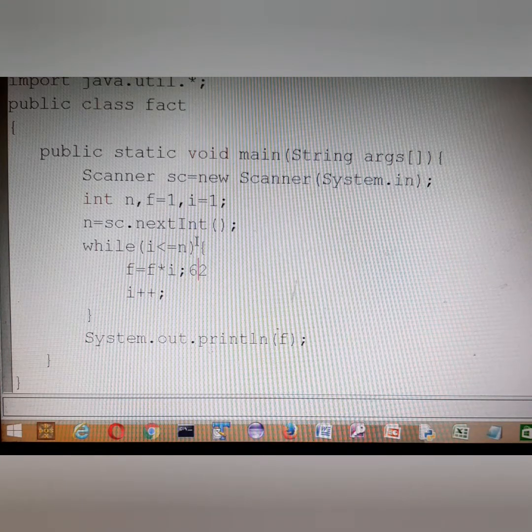Then i plus plus becomes 4, 4 less than or equal to 5, yes. f was 6, 6 into 4 will now become 24. i plus plus 5, 5 less than or equal to 5, yes. f was 24, 24 into 5 will give us 120. i plus plus will become 6, and 6 less than or equal to 5 is a false condition. So outside the loop 120 will be the final answer.